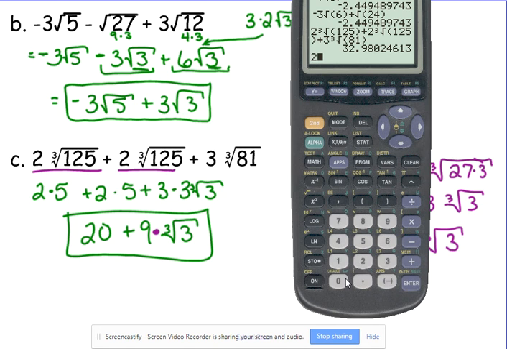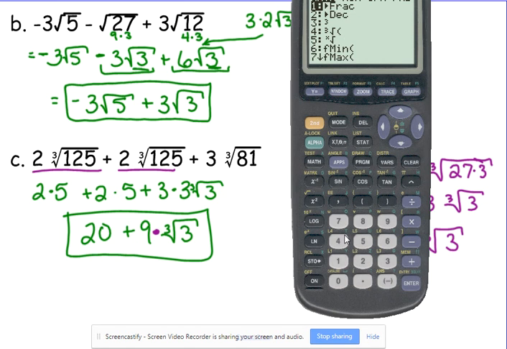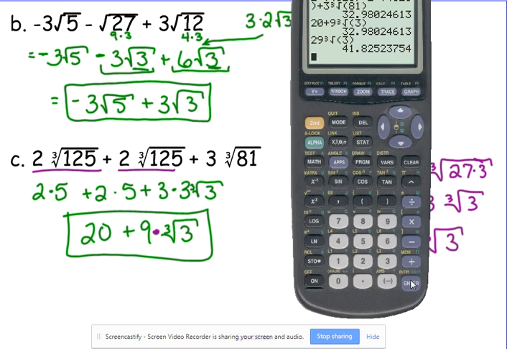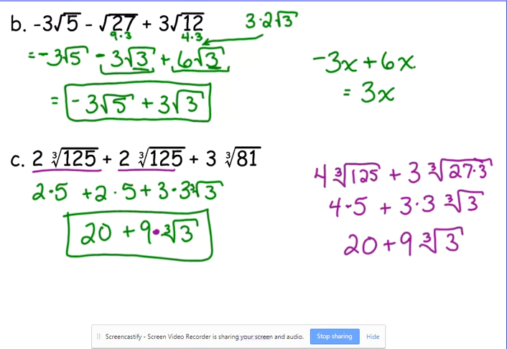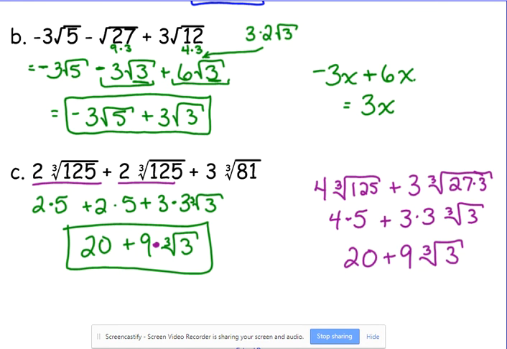Okay, my answer is 20 plus 9 cube root of 3. That gives me the same decimal, but if my question is, can I add those? Is that the same as 29 cube roots of 3? Just type it in. It's not the same number, so no, it's not. No, I can't. Okay? All right, so